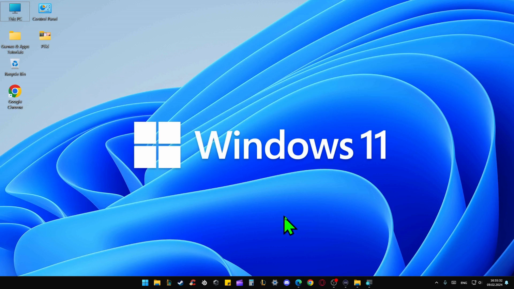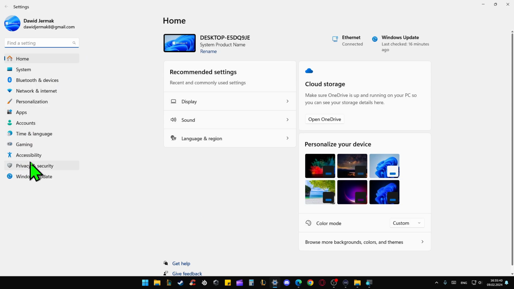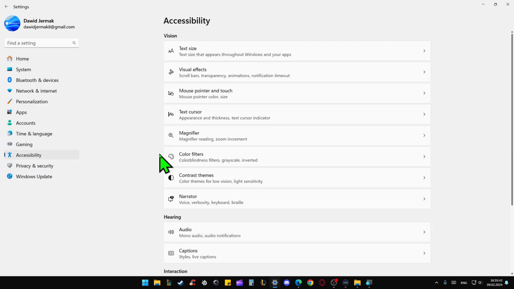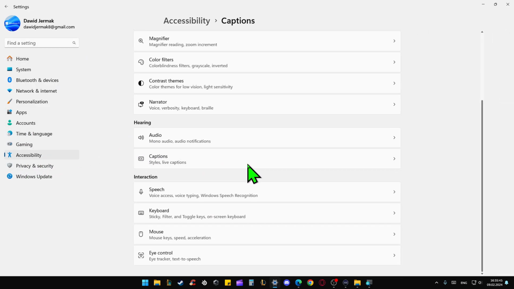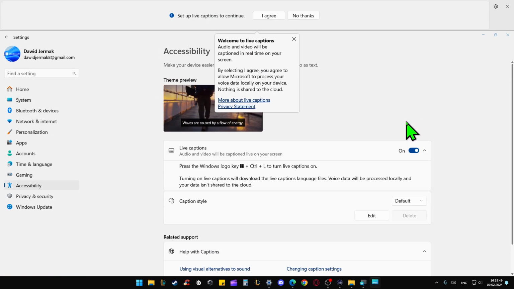Hey, if you want to turn on or off captions on Windows 11, all you have to do is just click on the Start in the taskbar, then go to Settings. Next, from here, you'll have to navigate into Accessibility, and from here, you will have to open Captions. So to turn them on or off, all you have to do is just click on this switcher, and